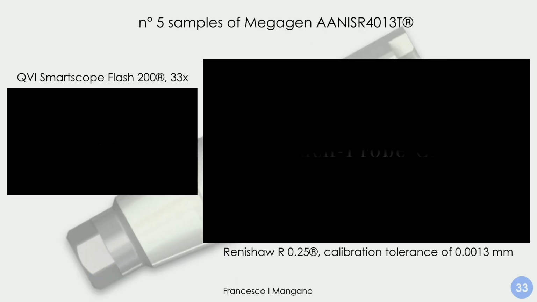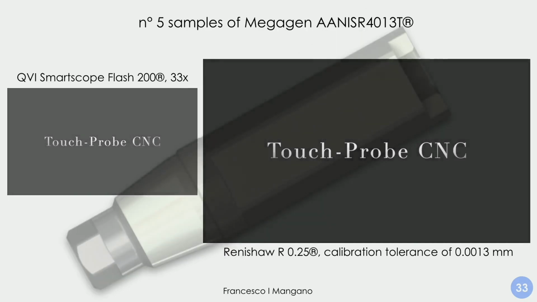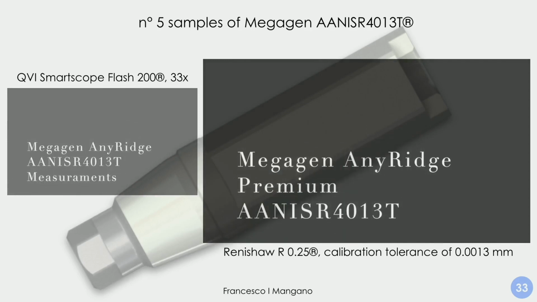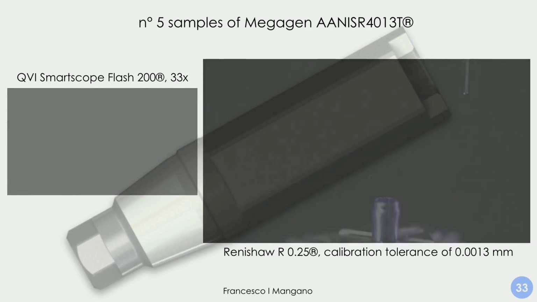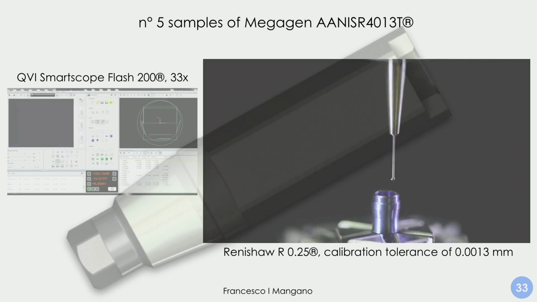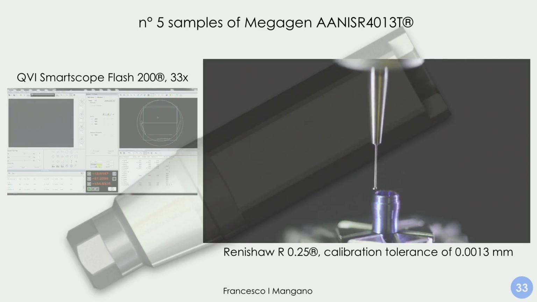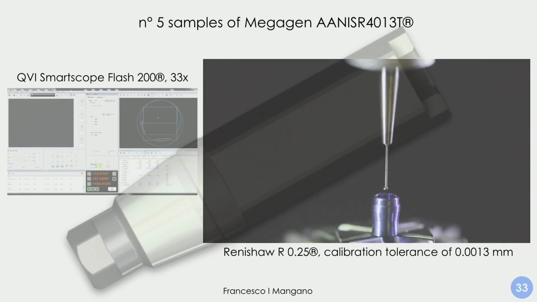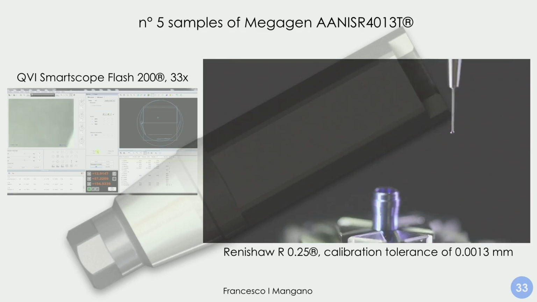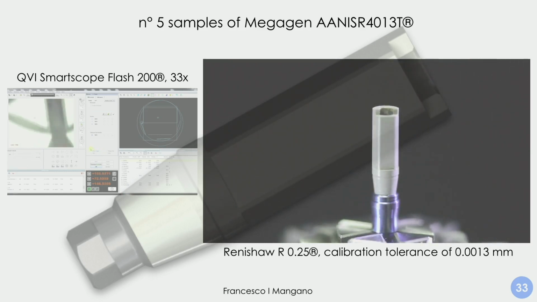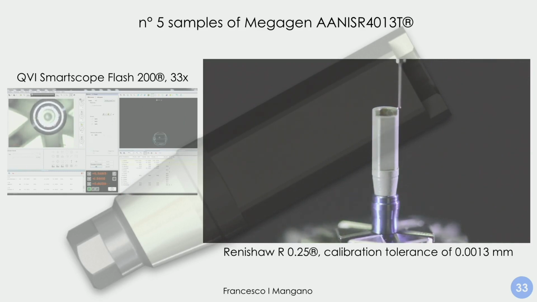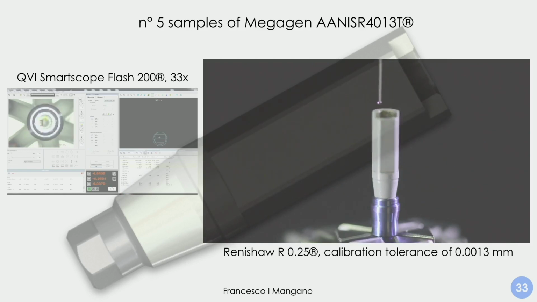And finally, we evaluated the Megagen scan body. In this case, we chose the 13 millimeter ones, even if there are also 9 millimeter scan bodies available. The company also has specific scan healing abutments, but in this case, we decided to evaluate exactly this kind of scan body that is very easy to use for fixed implant prosthodontics. So once again, in this case, an evaluation of these specimens was repeated for the whole specimen per group, and then